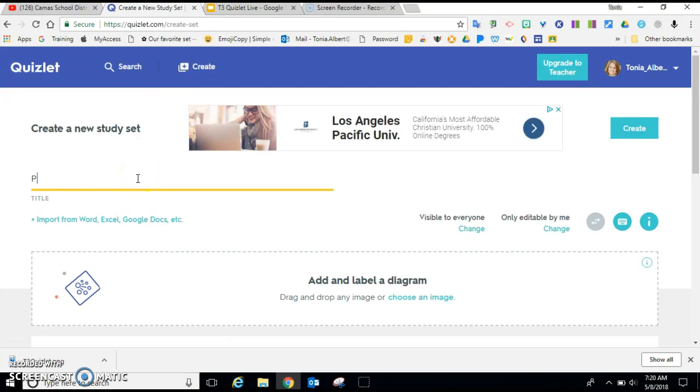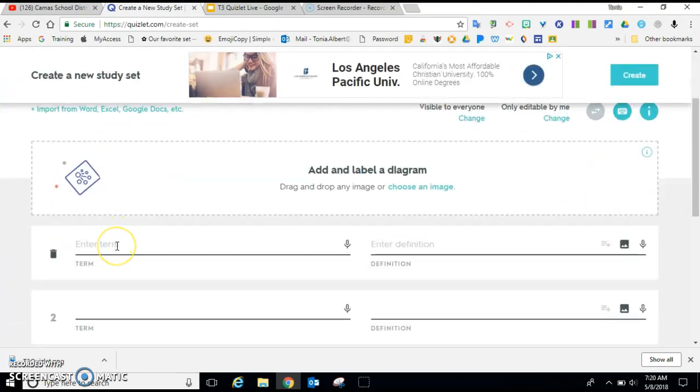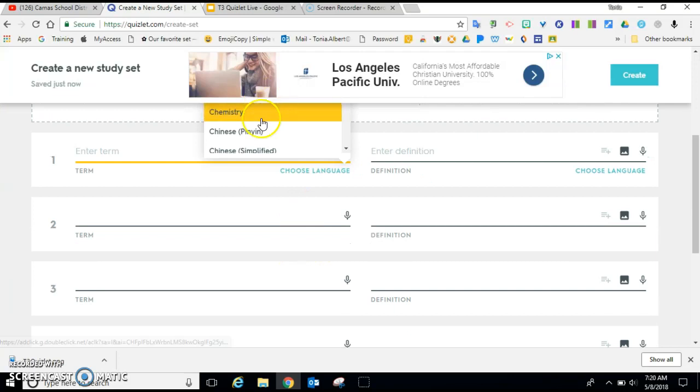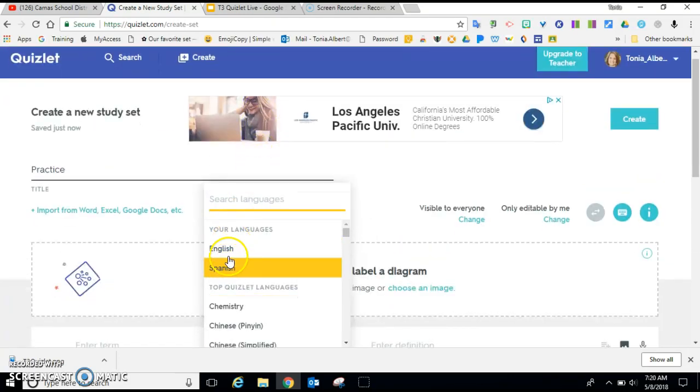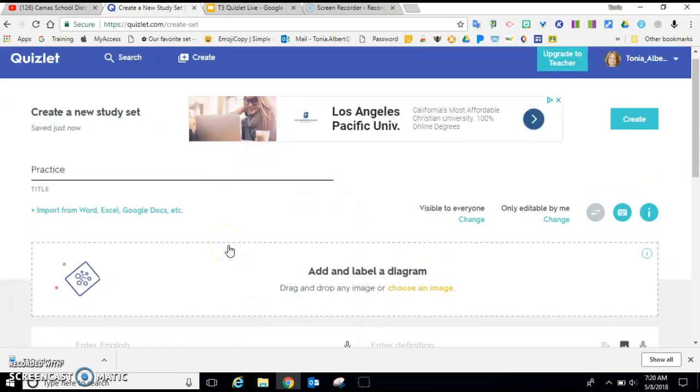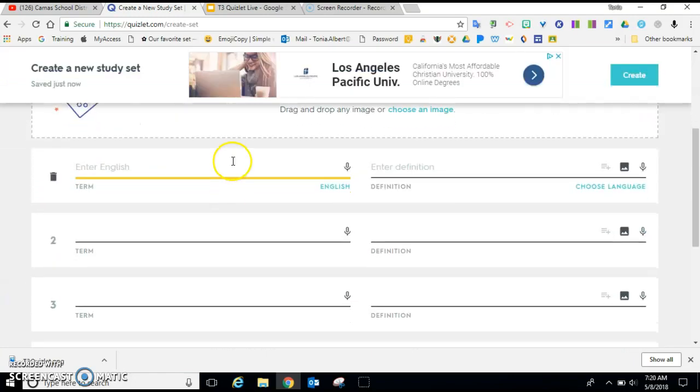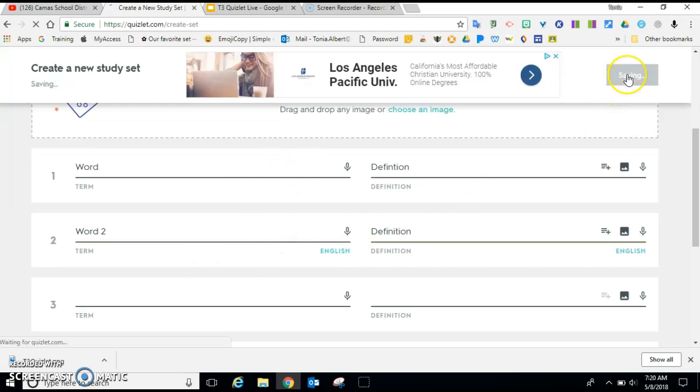You can give it a title. And then you can enter a term. Here, you want to choose your language. I'll choose English. Come down here and we'll type in, this will be where you put your word and then your definition, and then you do word 2 and the definition there. When you're done putting in all your words, you click Create,